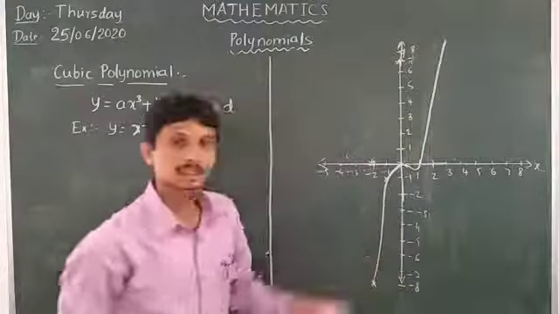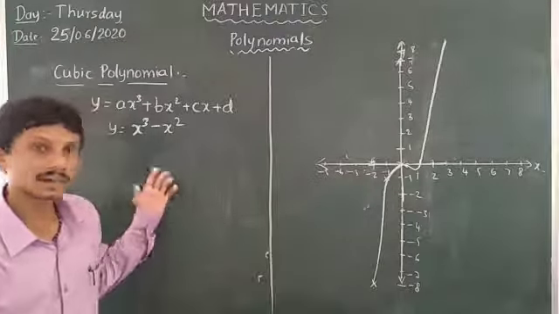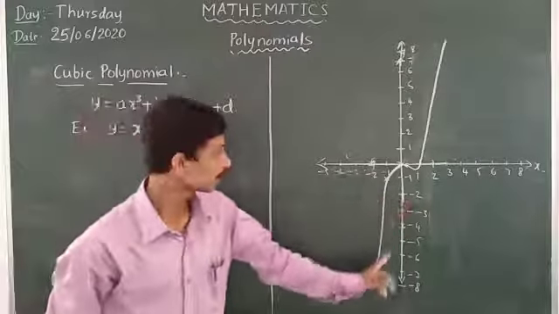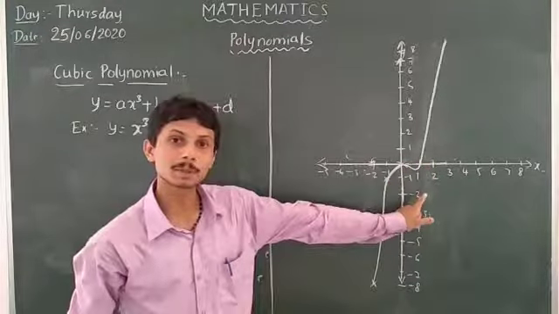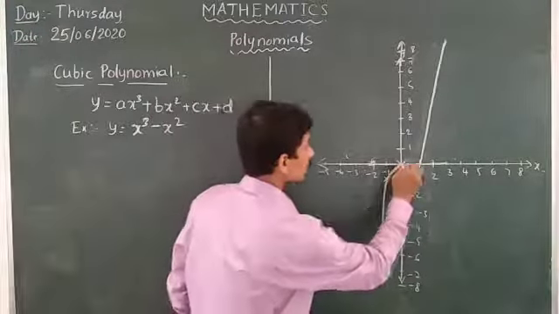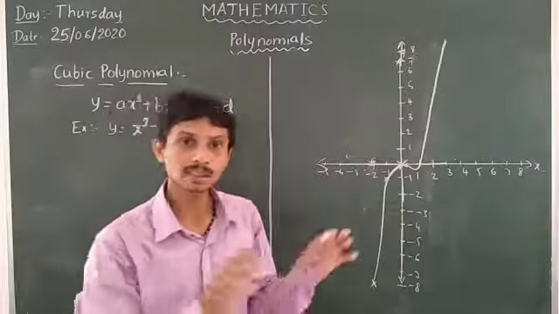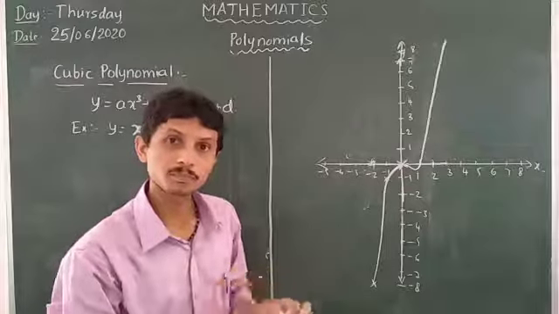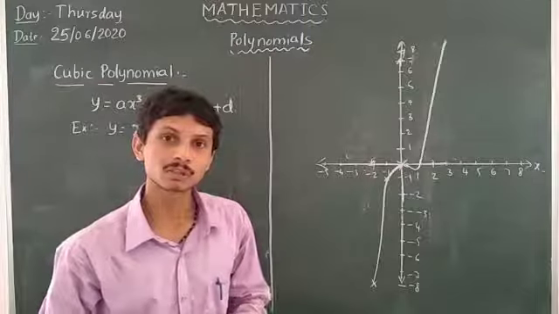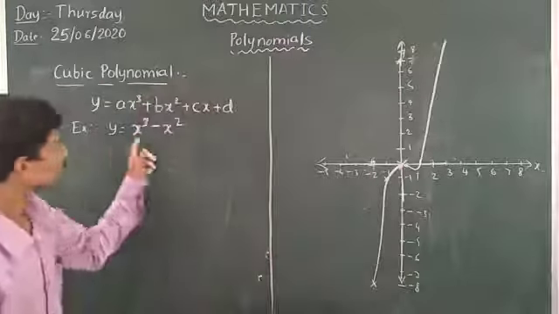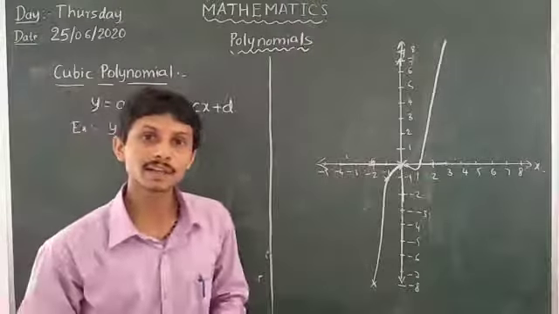This is the graph when we take the values of x and the values of y and insert them into the graph. So here we got two zeros of the polynomial because the curve cuts the x-axis at two distinct points. That means the given polynomial has two zeros. So I hope you understood that. After solving this example, let us move on to the next topic.